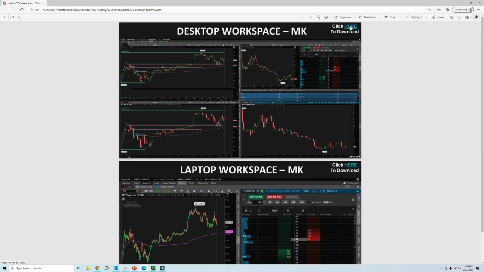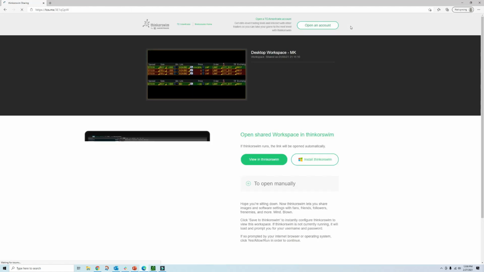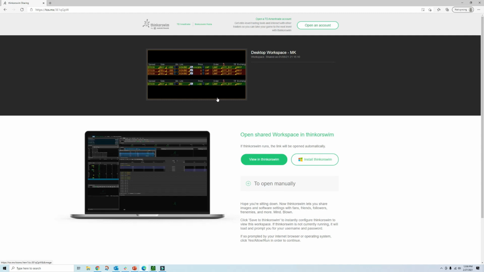And to show you how to load it, if I click here, right? Let's say, okay, I want to download the desktop version. You get taken to this odd looking screen. This is by default, I didn't create this. It's basically to show that this is desktop workspace -mk. That's what I named it. You click this the one time and copy this link,